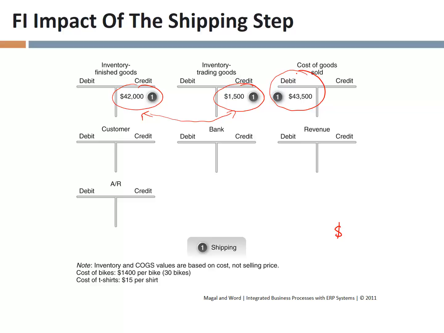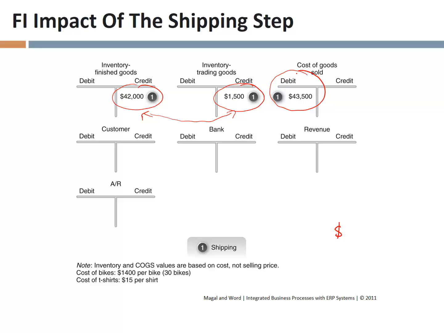Okay, I asked you a question that we don't know the answer to. What is very important to realize is this is not saying that the customer owes us $43,500. Unless we are running our business very badly, they owe us a lot more than that, okay? This is based on our cost of the materials. So the customer might have sent us a PO, and the PO might be for $100,000. But that doesn't mean our cost of those materials was $100,000, because we want to make a profit off of